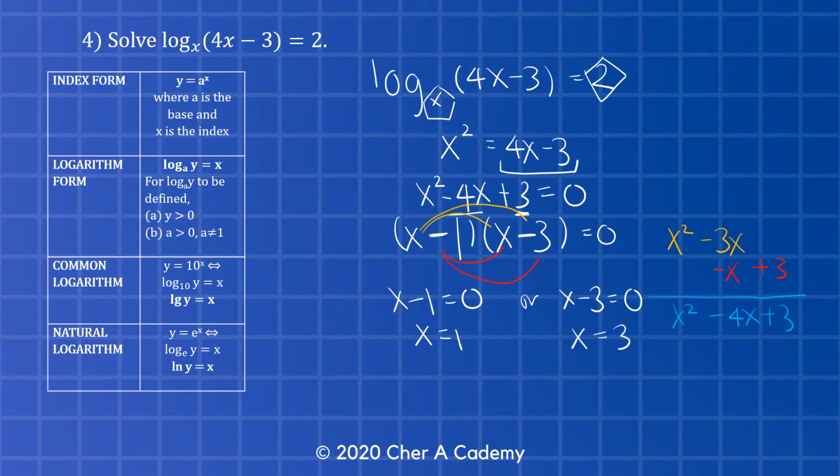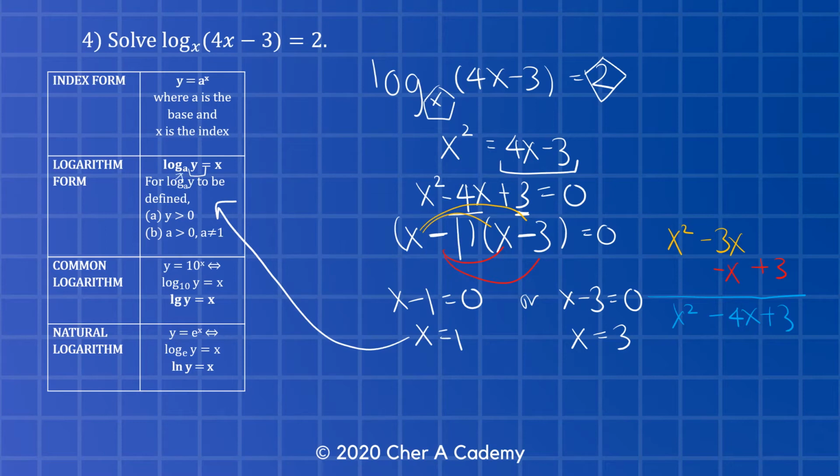Now I have two answers here. The thing about log equations is that you have to check whether the answer will be able to define my log base a of y. So for my log base a of y to be defined, there are two criteria to fulfill. The first criteria is that my y has to be more than 0, or rather, whatever that I'm logging, it has to be more than 0. The second criteria is that my a, which is the base, has to be more than 0, and it cannot